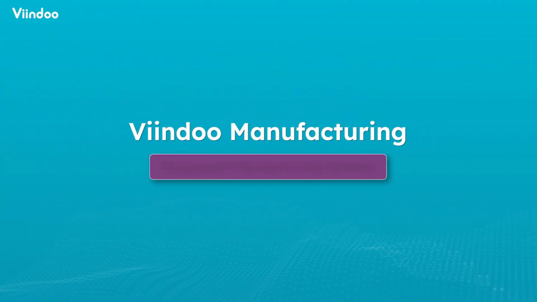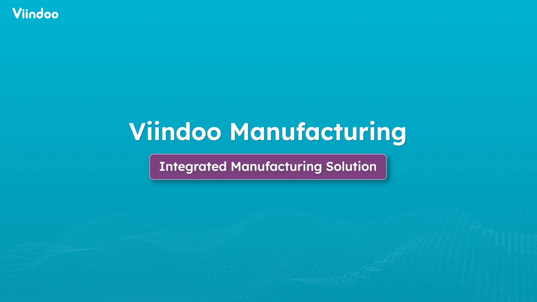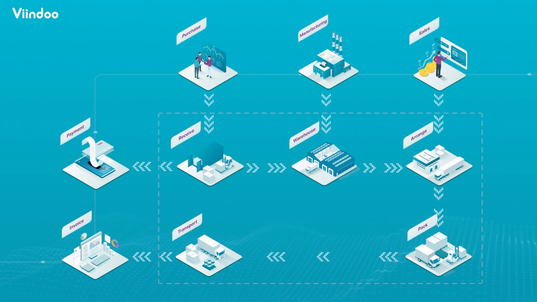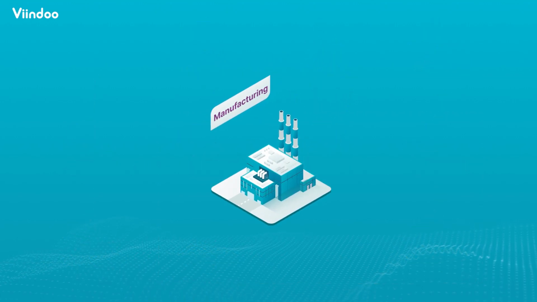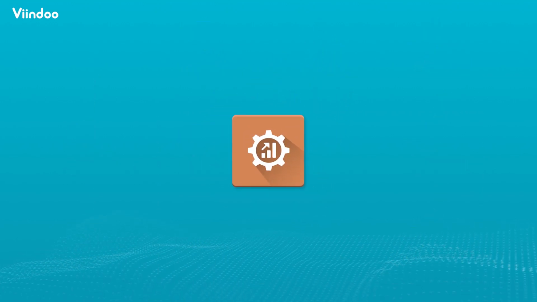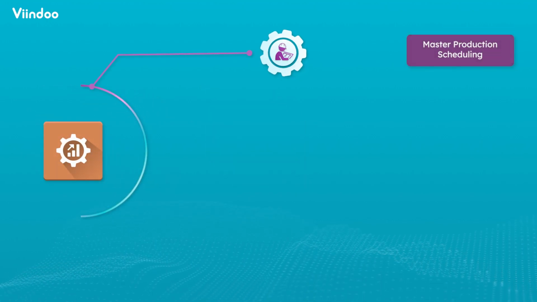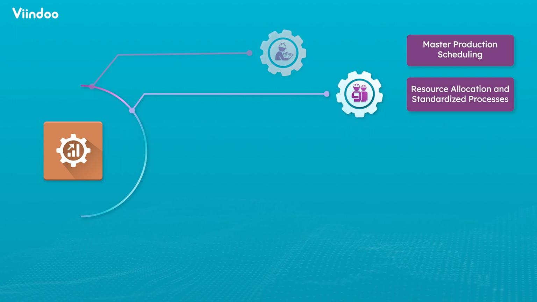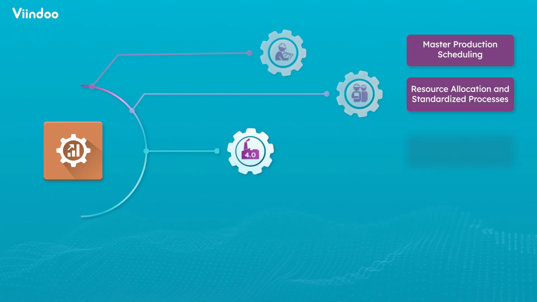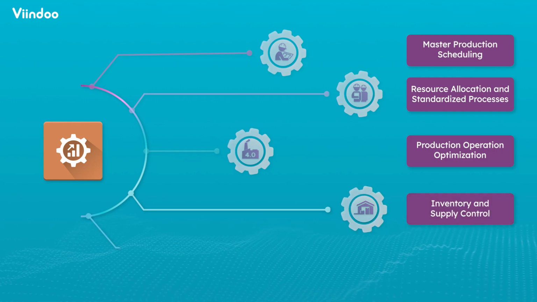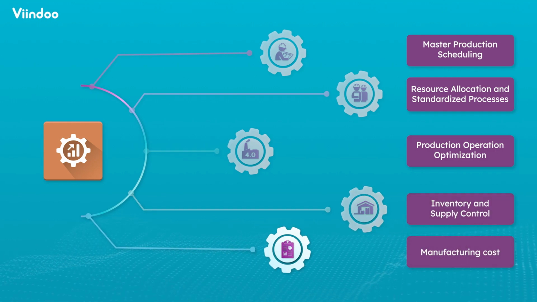Viindoo Manufacturing, Integrated Manufacturing Solution, a crucial link in supply chain management, will help you address all these challenges. Fulfill comprehensive business needs, including master production scheduling, resource allocation and standardized processes, production operation optimization, inventory and supply control, manufacturing cost,